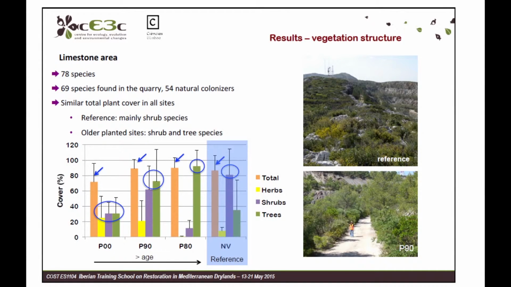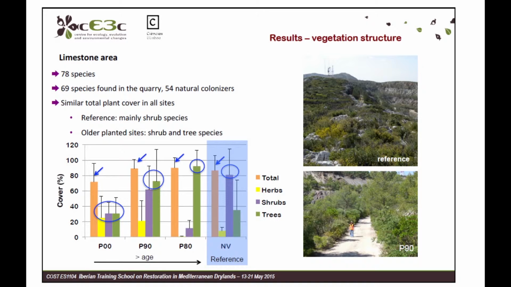We saw similar total plant cover in all sites. It's the orange bar here with the arrows in blue. As you can see, with age you don't have much difference. What was the main difference was when you look at the different layers of vegetation. If you can see here,